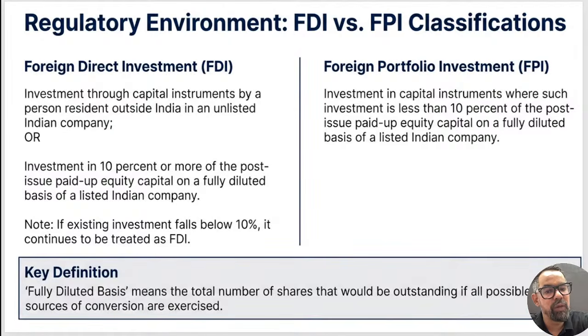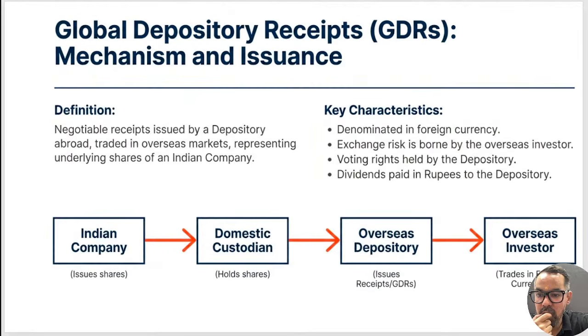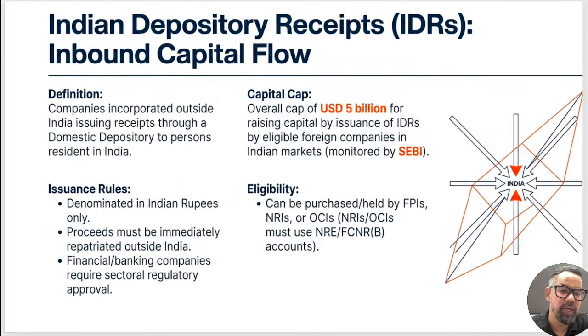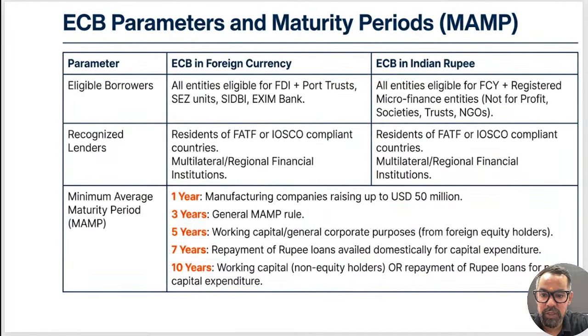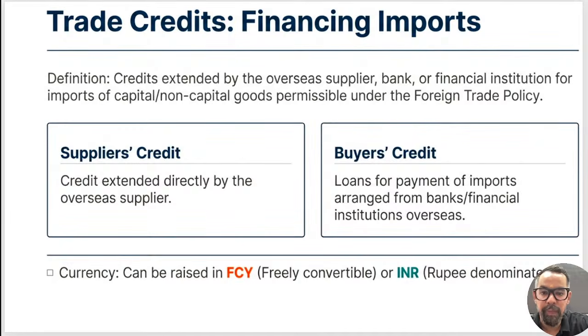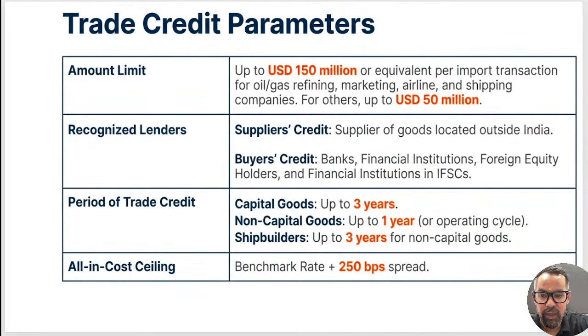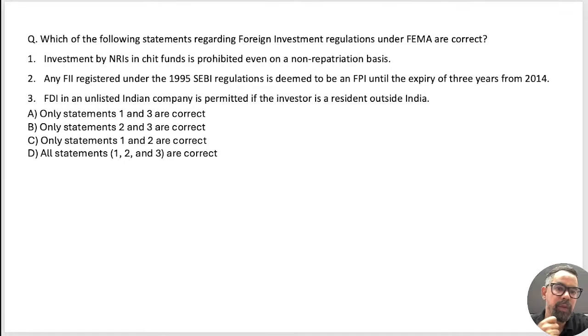So when it comes to regulatory requirements, it is around the FDI and FIIs. GDR, basically GDR and your ADRs, where Indian companies are raising funds from outside India. IDR, where foreign companies are raising funds from India itself, right? Their eligibilities. ECB, minimum maturity period and other areas which are generally part of this, all-in cost. And then we have financing import, buyer's credit and supplier credit, and this limit itself, right? So in the morning only we have discussed these ones. So let's start with the practice itself.